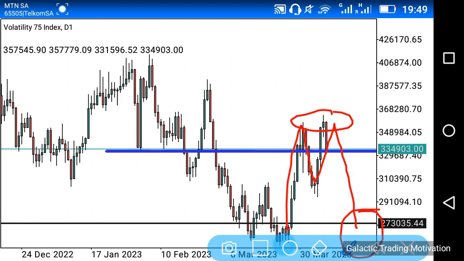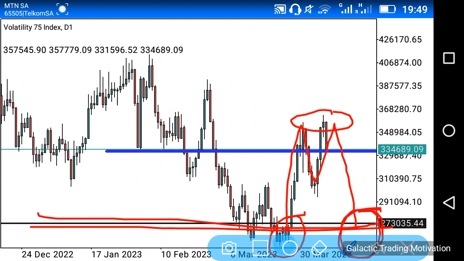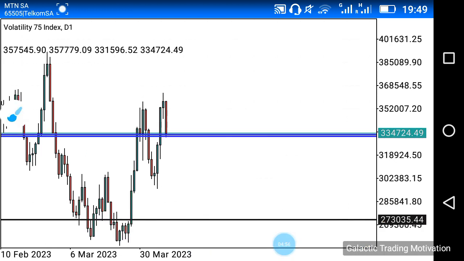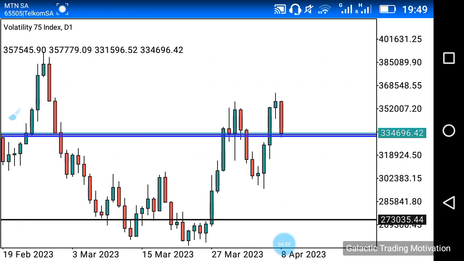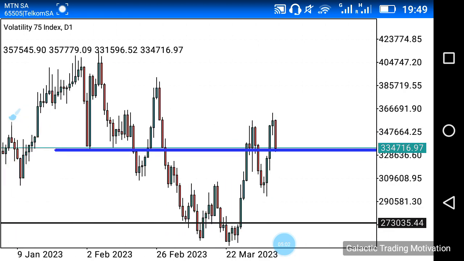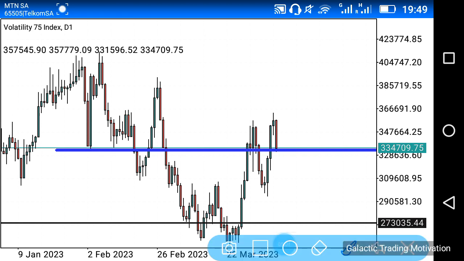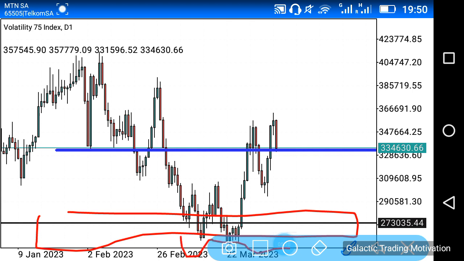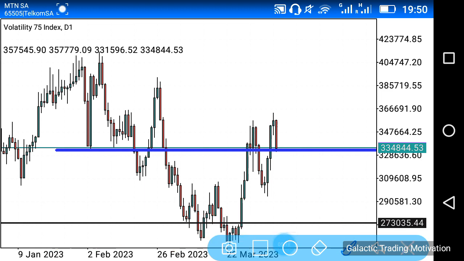That is because this particular M structure started at this point, and ideally I would love to see it end at this point, right? So what I'm saying, in other words, is that as much as on the bigger time frames we spoke about how we have that big area of support, that may be a fake area of support, because at the end of the day, we are in a downward trending market. And what normally happens when it comes to support is that a lot of traders and investors usually buy at that zone and they place their stop losses just below that zone. So there's a lot of money stuck just below that zone, and we might potentially see the market push further down to grab all of those stop losses. I hope what I'm saying makes sense.